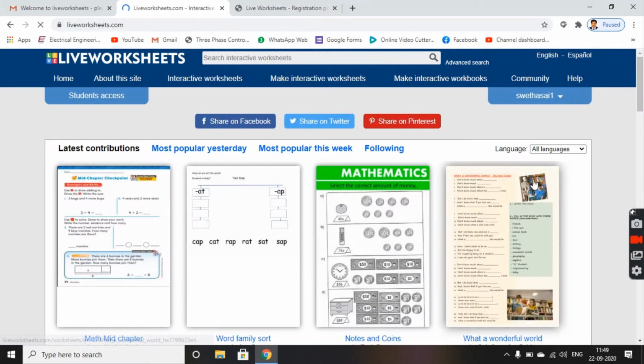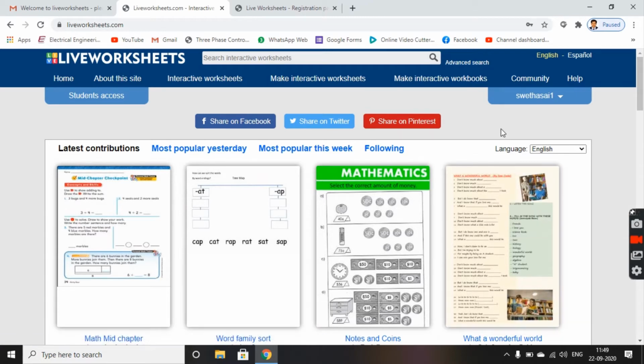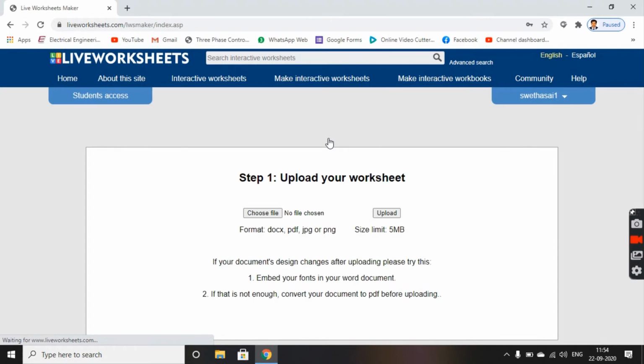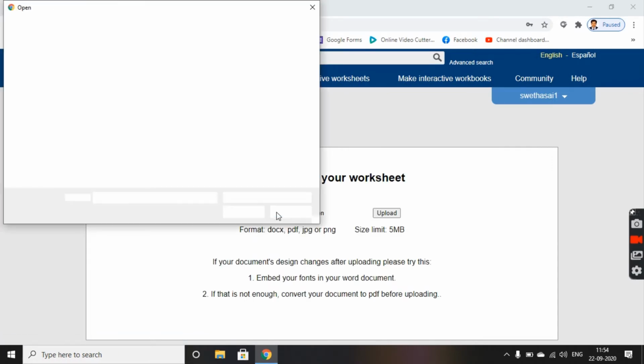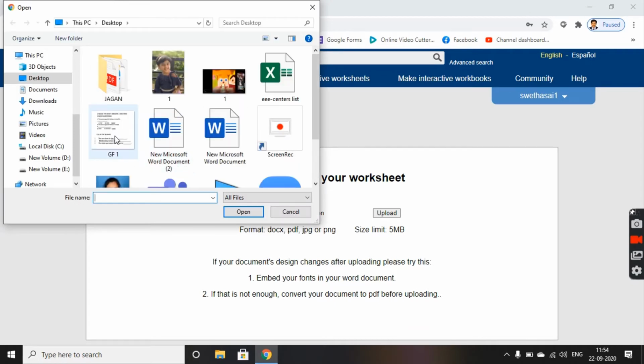This is how you will log in into your live worksheets. This is a web-based application. To get started with your worksheets, choose make interactive worksheets and click on get started and choose file and then upload any worksheet.